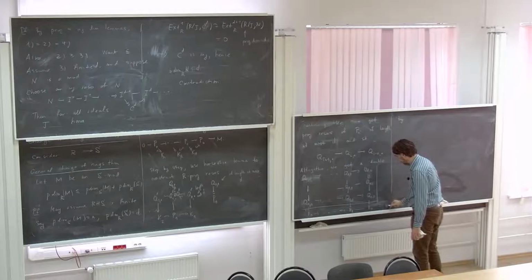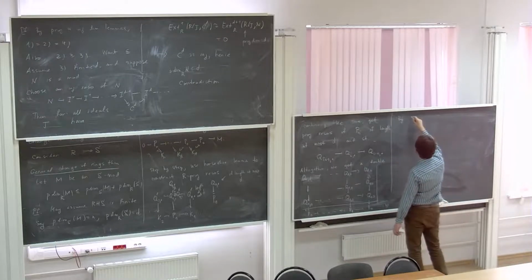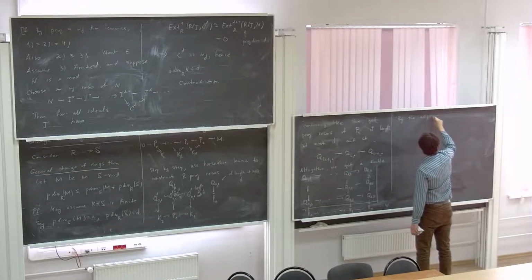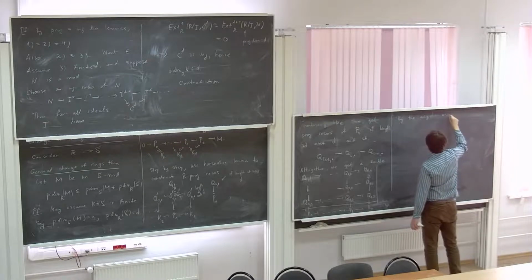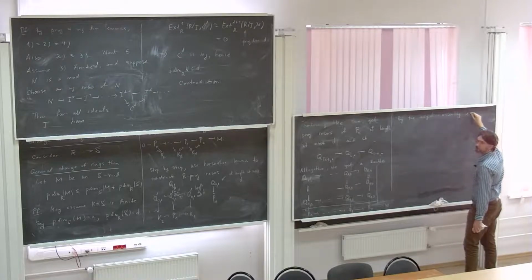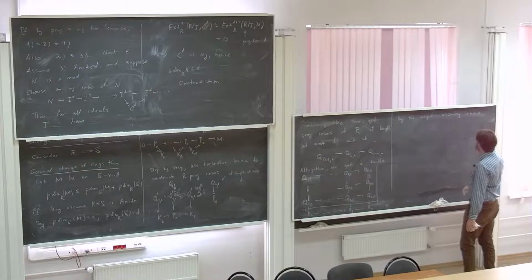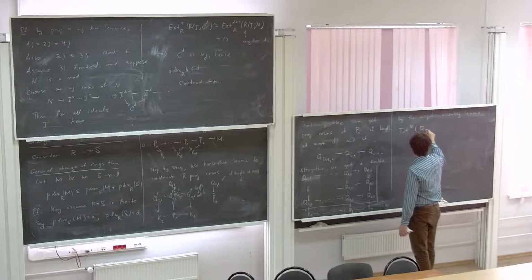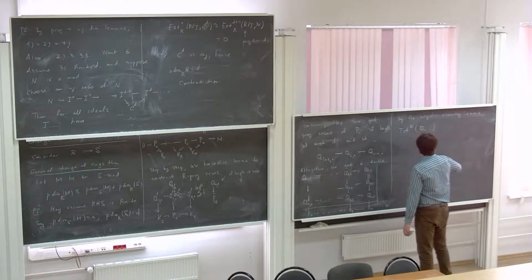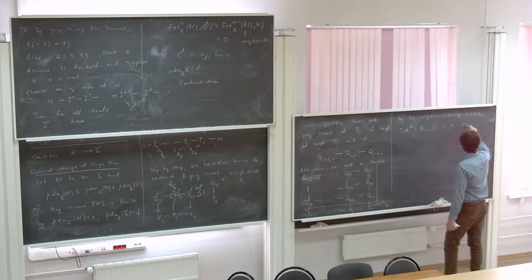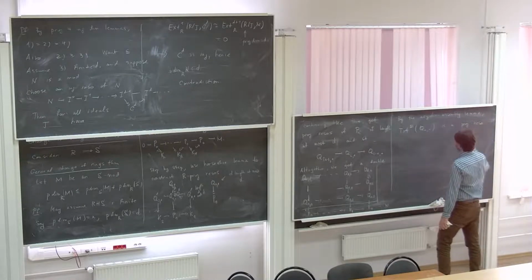This would be M out here, the thing I'm trying to resolve. So by the acyclic assembly lemma, which is what we use when we balance Tor and Ext, the total complex of this double complex Q is a projective resolution of M